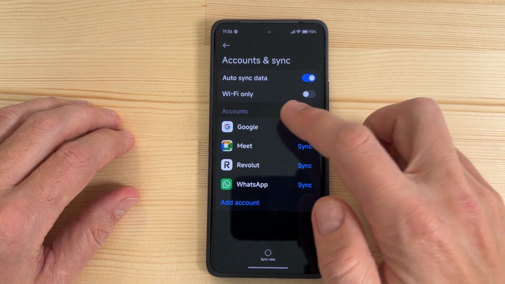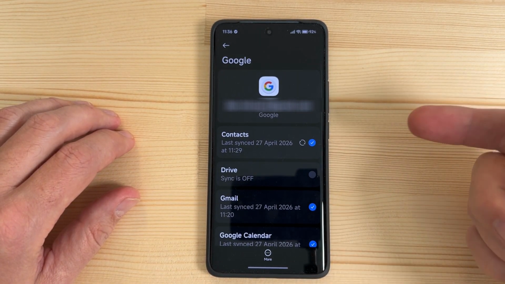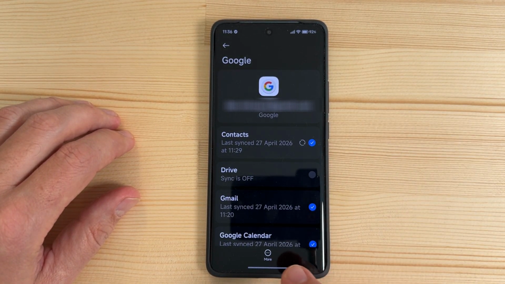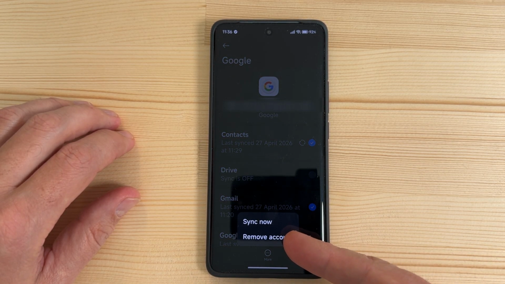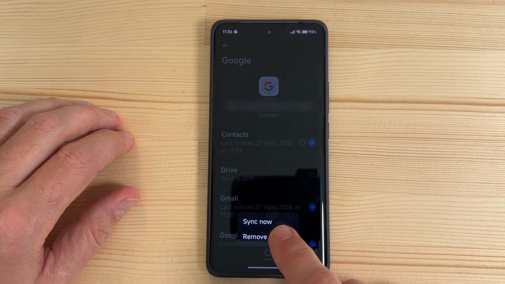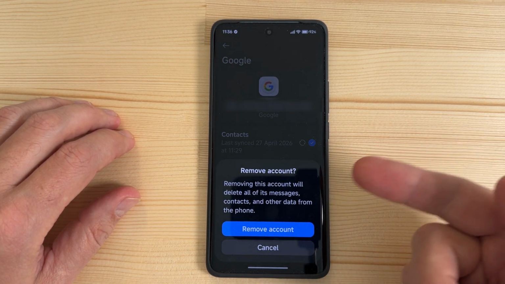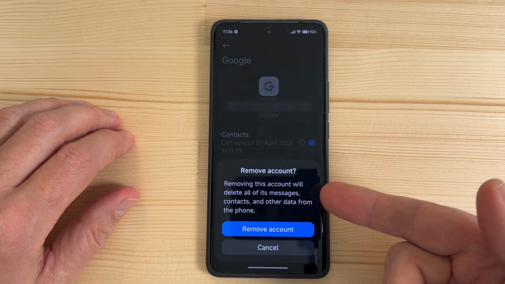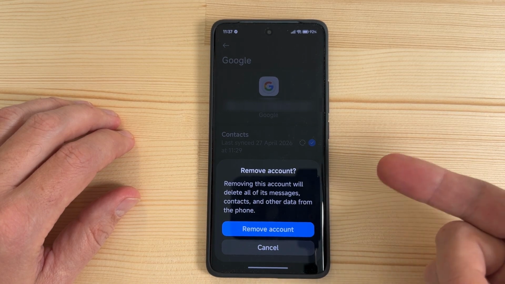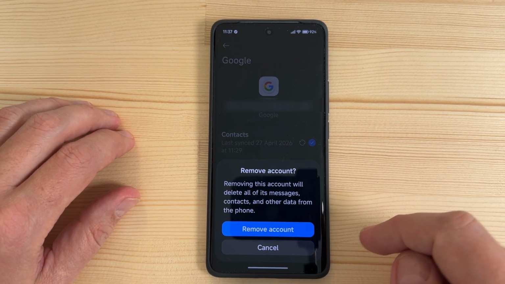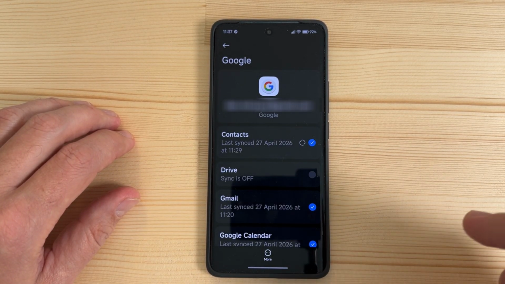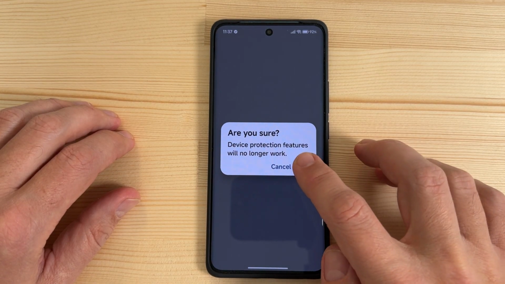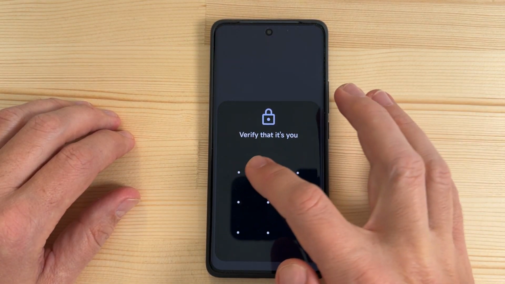Now to remove the Google account, tap on it. Here is my Google account. Now tap here in the bottom where you see more and we have here remove account. Just tap on it and removing this account will delete all of its messages, contacts and other data from this phone. Now just tap remove account and again OK, verify that it's you,